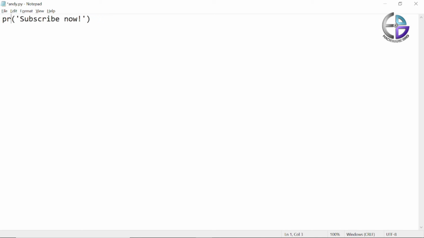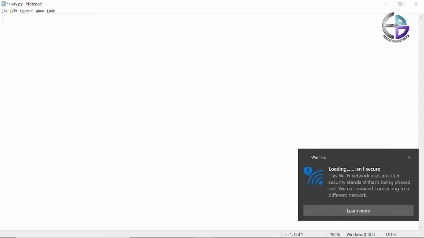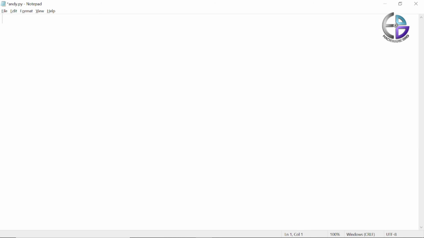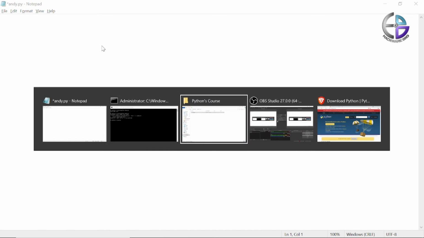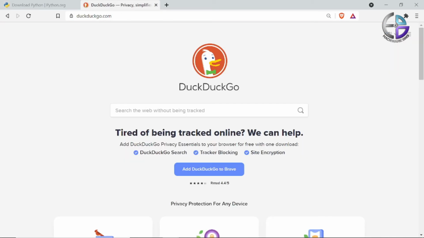If you are writing pr, it will automatically complete your command. It will also give you a debugging process. It will also give you color coding, or you can say coloring in commands, so that you can easily understand what you are typing. So in this tutorial I will be using VS Code. Just type VS Code in any search engine, then install this IDE.